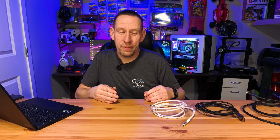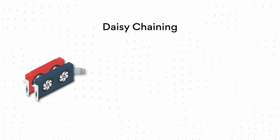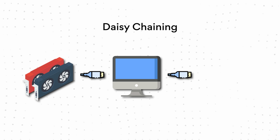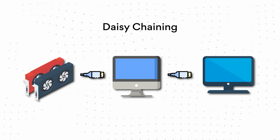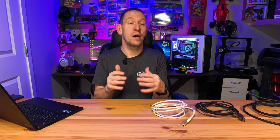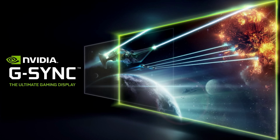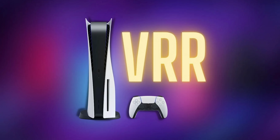Another nice thing about DisplayPort is you can actually connect up to two monitors via daisy chaining. That means one cable goes from the GPU to the monitor, and then one cable goes from that monitor to a second monitor. Obviously, the monitor needs to support it and your video card needs to support it, but it can keep cable management under a lot better control with that option. And if you wanted to make use of NVIDIA's G-Sync and AMD's FreeSync or VRR, you would have to use